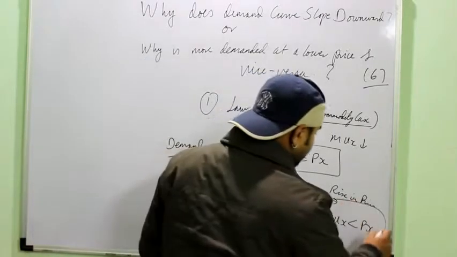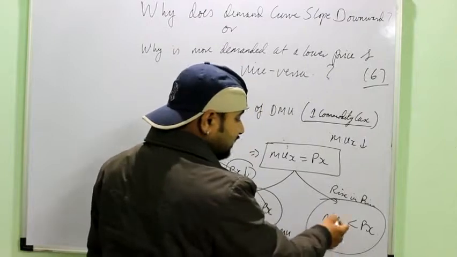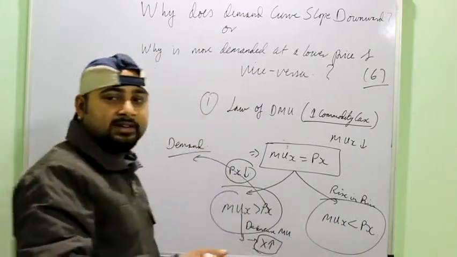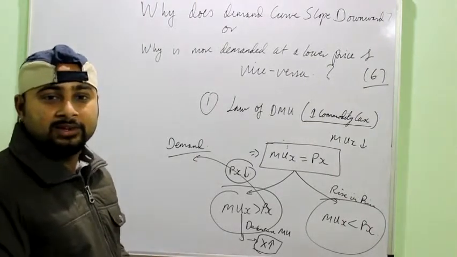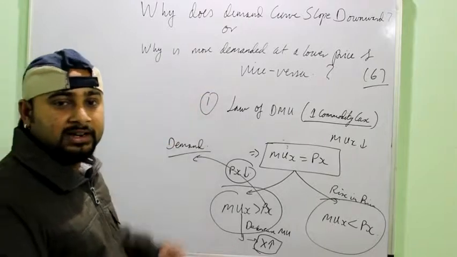Same vice versa situation here. Now in this case he has to increase the marginal utility, right? And you know marginal utility can increase when he consumes fewer units of the commodity. Remember the schedule of marginal utility. When he decreases the consumption, marginal utility will increase, right?